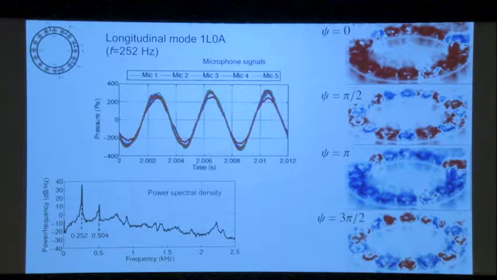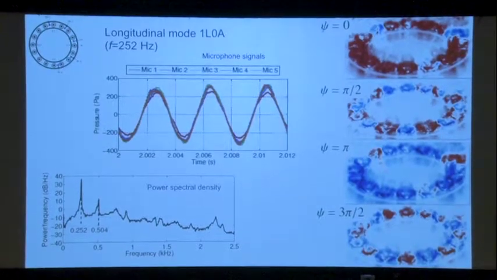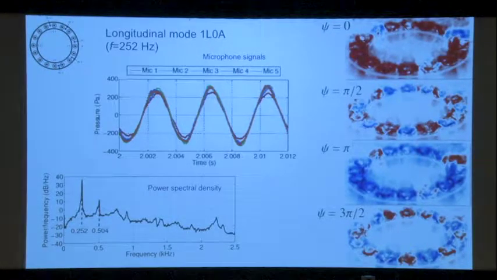And in terms of flame dynamics, when it's red, it means very positive. When it's blue, it's very negative. Dark blue is very negative. So what one sees is that basically all the flames have positive heat release rate fluctuations. And then they become very negative right here, and this is in between. A few flames are not exactly synchronized with the others, but essentially most of the flames are.